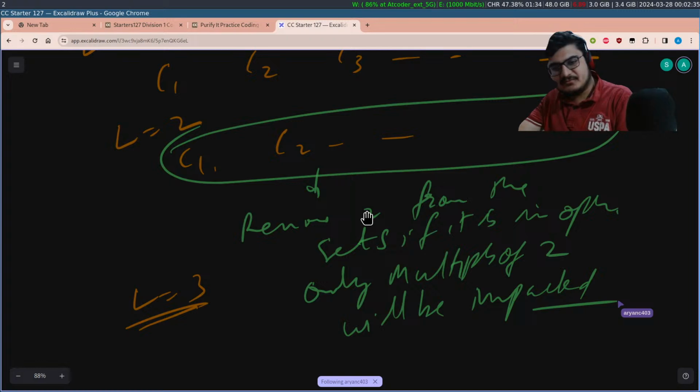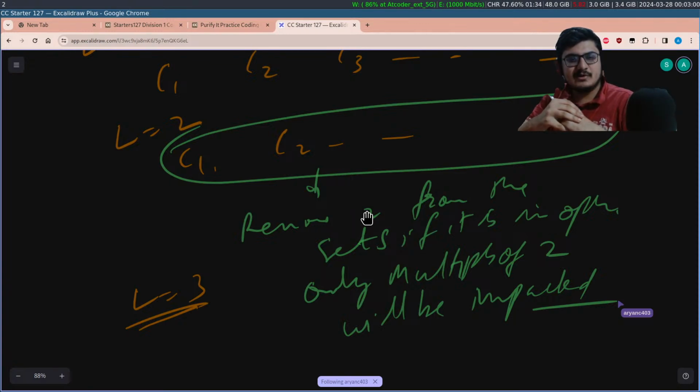I will run L equal to 1, 2, 3, 4, 5. Let's say if I am on L equal to 10, then I will update all the multiples of 10 so that now they're updated. I will use the same cost function to get a new cost when every multiple is at least 11. And I will update those values over there. And I will keep maintaining this array over there.